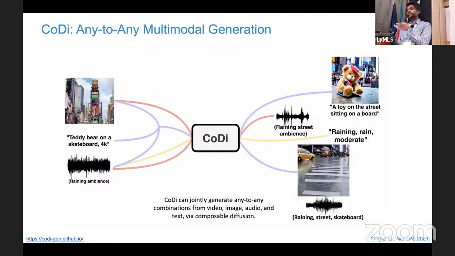Yeah, I think that was one of the main goals, right? That there might be a lot of missing modalities in the training data. A lot of these examples we are showing actually don't exist in the training data. So that was one of the main motivations.